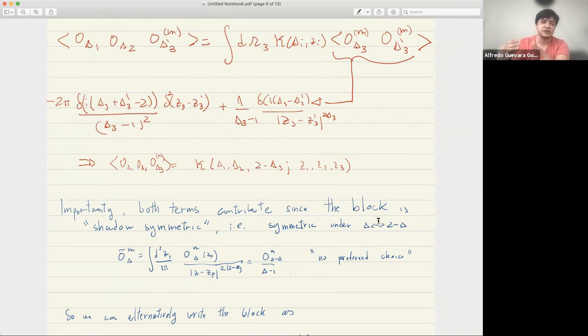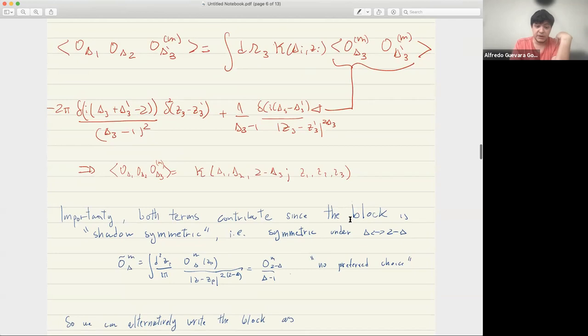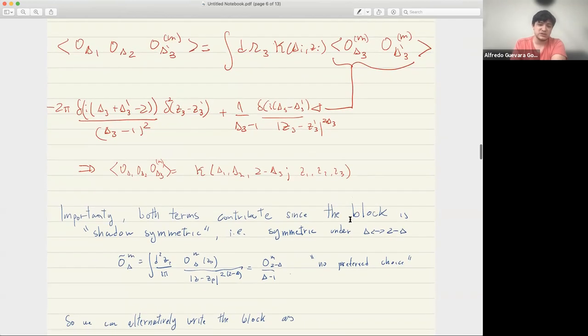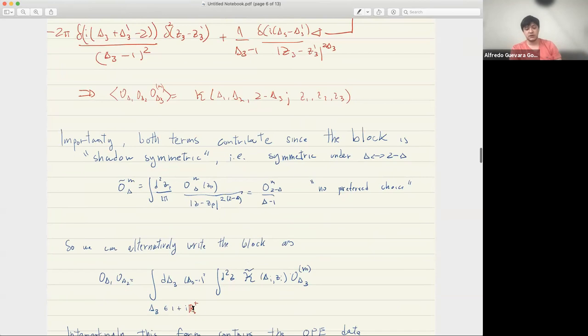Delta goes to 2 minus delta, which is a reflection along this imaginary axis. So basically, the block contains both terms, but because these terms are not independent, but related by this integral transformation, you can rewrite the block in a way that only contains a single term, which is what I did here with a different structure constant, but now we're restricting the delta integration to the positive part of the imaginary